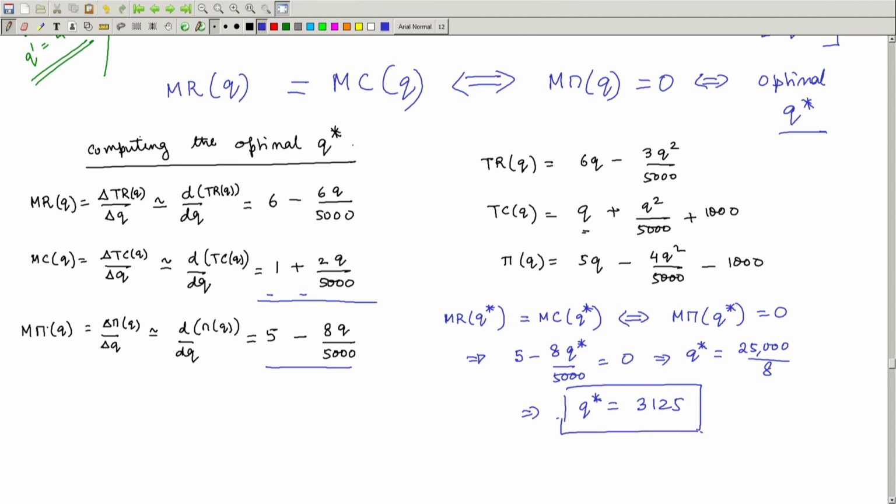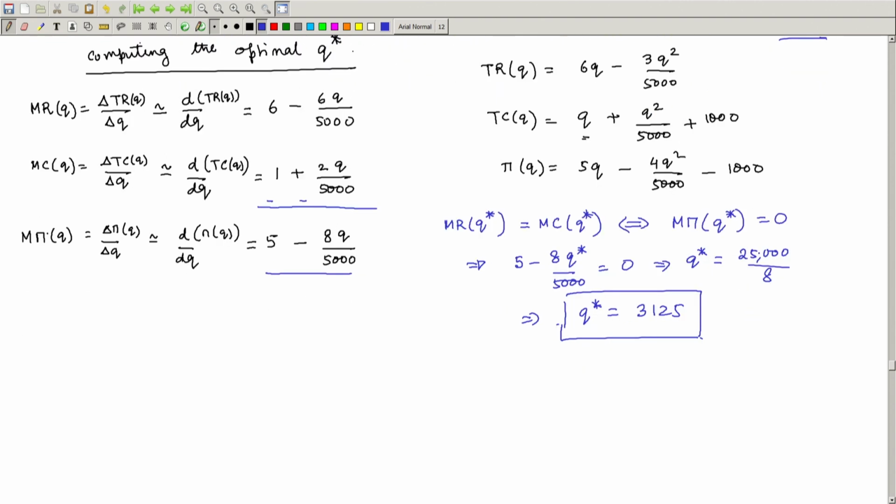Right. So, the profit maximizing q star is going to be 3125. Now, notice here I just took the first derivative. For any maximization, as we said earlier, there is also a second derivative, but for most of the functions that we will see in this course, we will have these nice inverted U functions if it is a maximization problem. So, I know that if I am at the top of the hill, that is going to be the unique maximum, right. So, I am not going to check the second derivative here, but you can very easily check